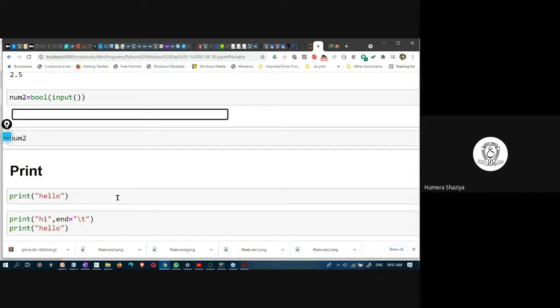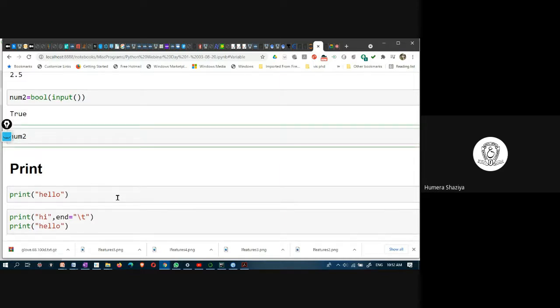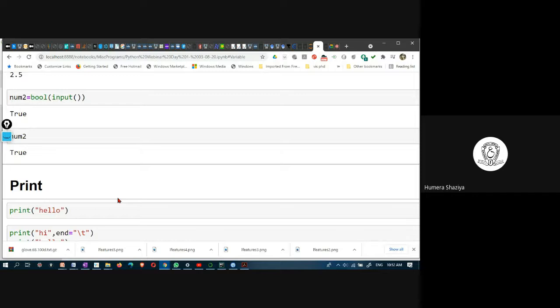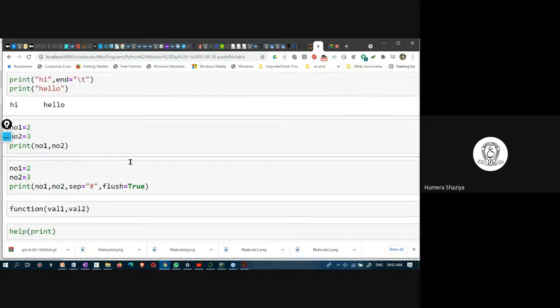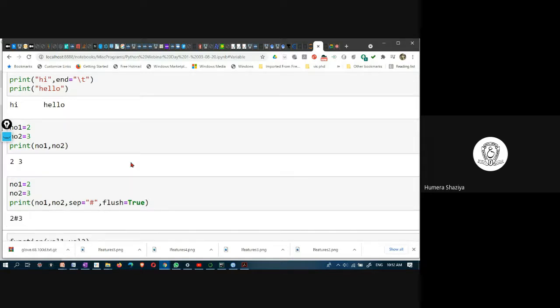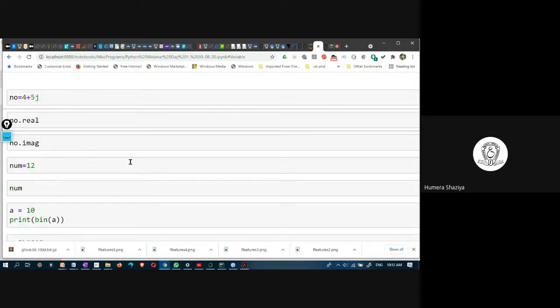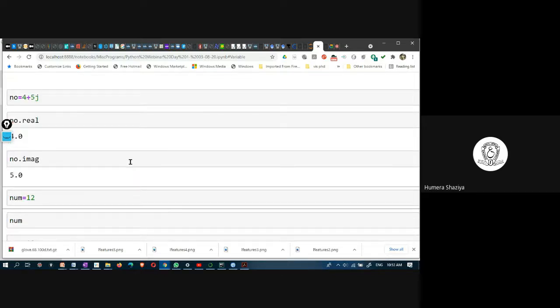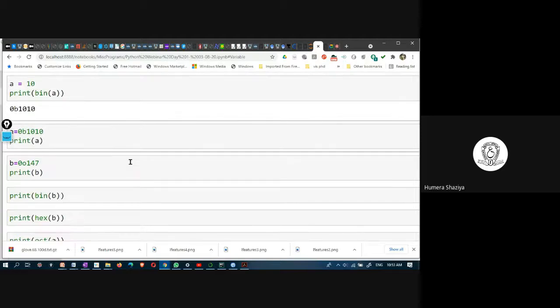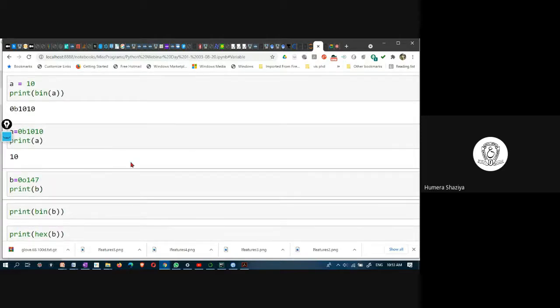This is Boolean, true. And then this is printing hi hello. Printing real, imaginary.